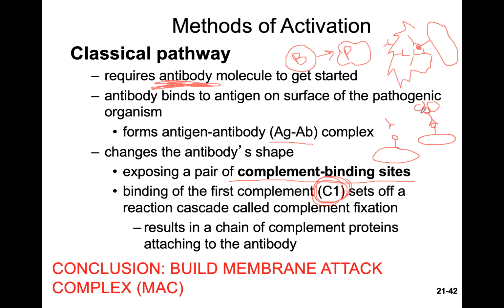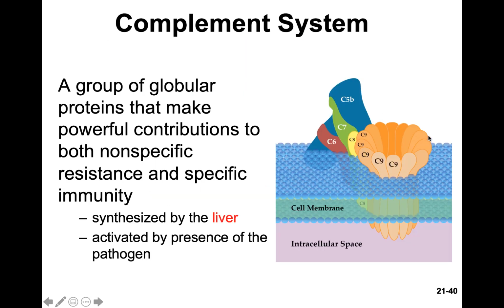Eventually, all of these complement proteins will all come and bind into this large complex, and they can oftentimes start binding directly to the cell membrane. So when complement proteins start binding directly to the cell membrane of the bacteria as well, they can build what's called a MAC complex, membrane attack complex. Now, we haven't talked about this yet, but if I go back a slide or two, this right here is a MAC complex. If you notice, you have a series of complement proteins binding into the membrane, and it